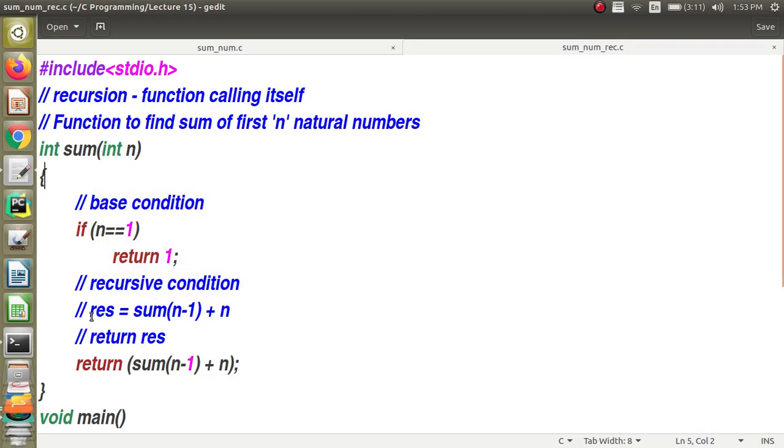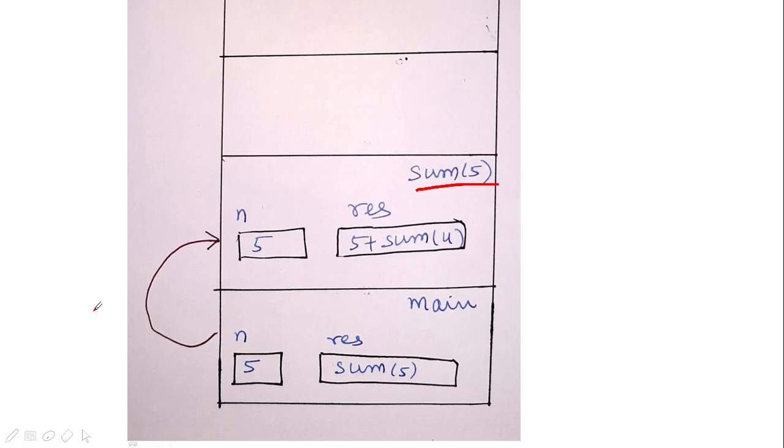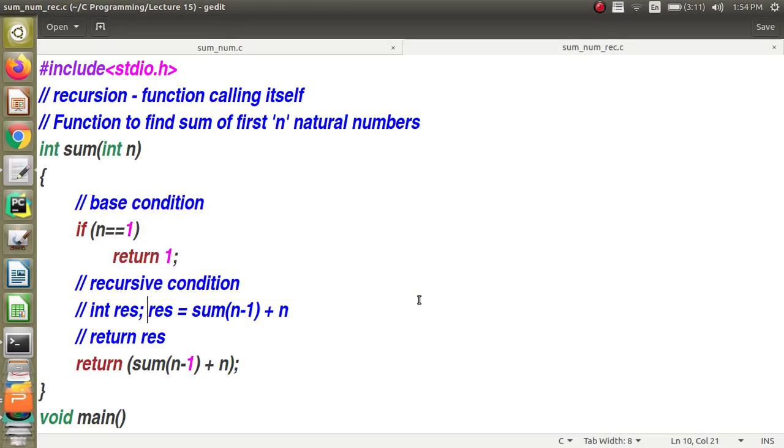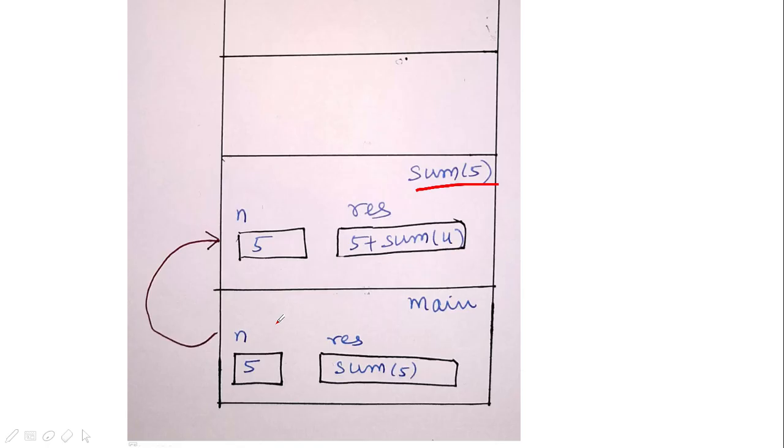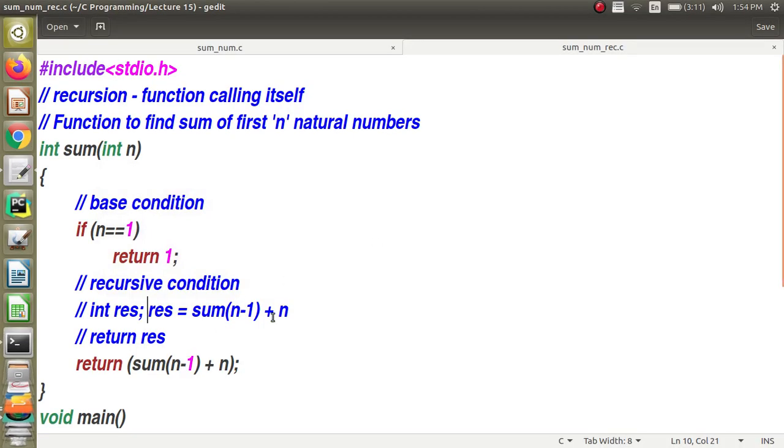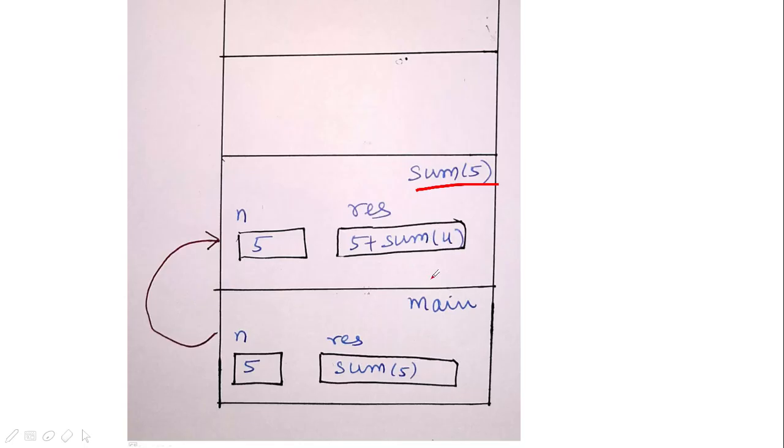In this method you have to declare it also, and if you declare res, then you will see that memory will be allocated. So res is allocated, and what do we say? We say n plus, so the value of n here is 5, plus sum of n minus 1. So sum of 5 minus 1 is 4. This is how the call stack will look after the first function call.